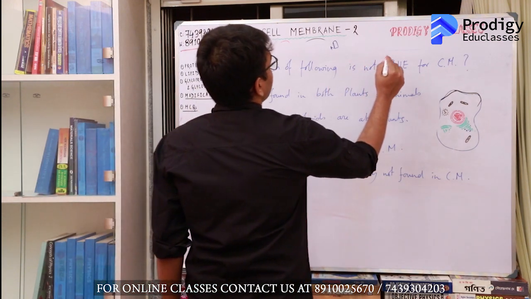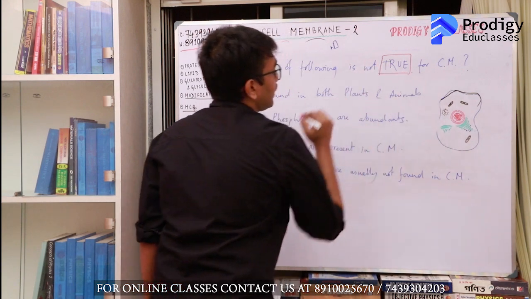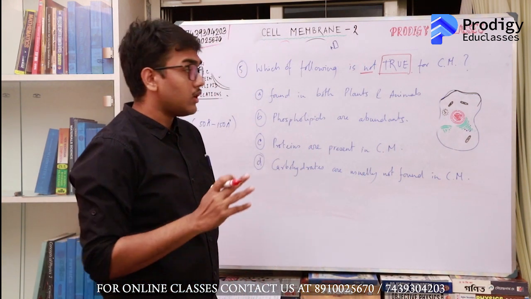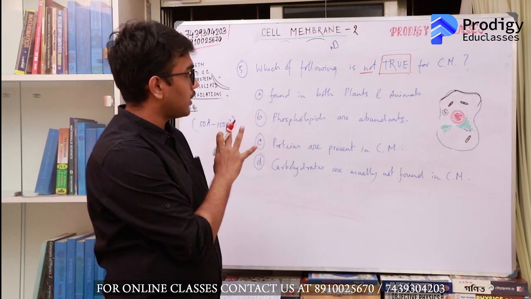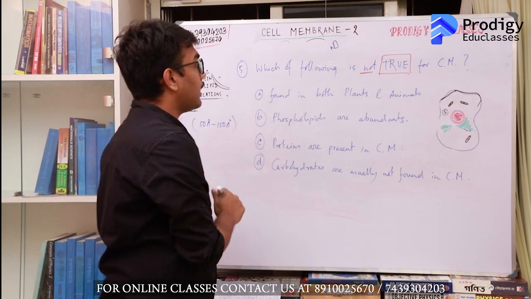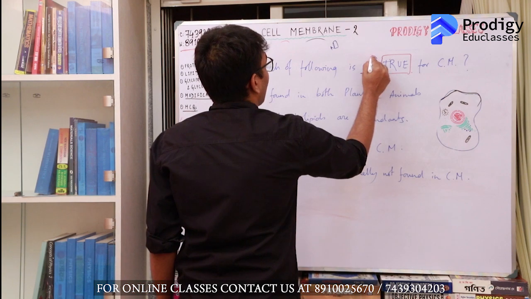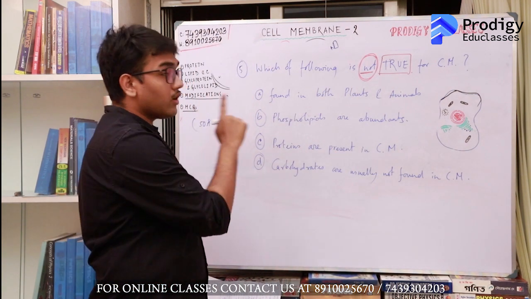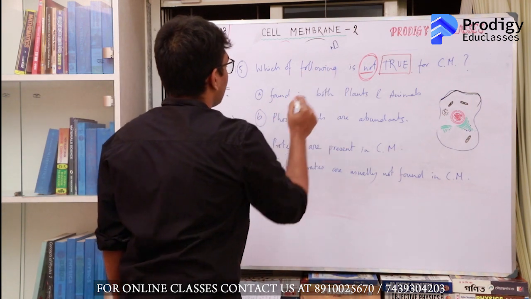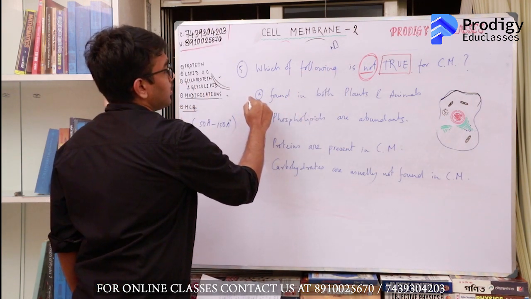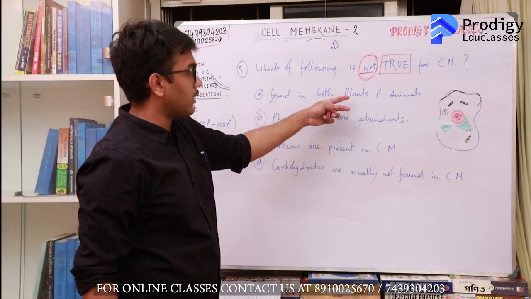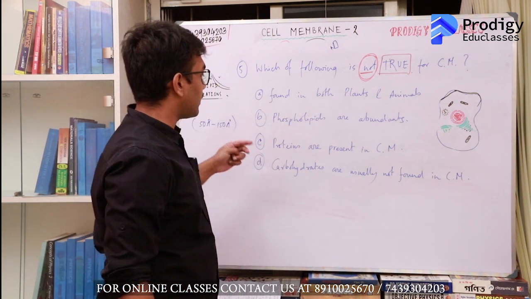You have to notice that true will be written in capital letters and this not won't be in capital letters. So when you're in a hurry while solving the MCQs and you give 30 to 40 seconds per MCQ, in a lot of cases you'll miss this not. So it is important to read all the MCQs, and then you'll see that of course cell membrane is found in both plants and animal cells. They are present inside the cell wall in plant cells and they're the outermost layer in animal cells.